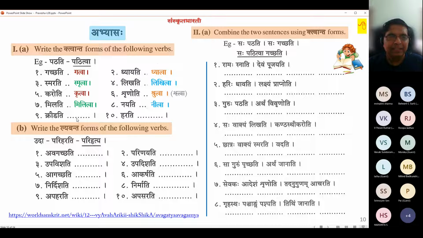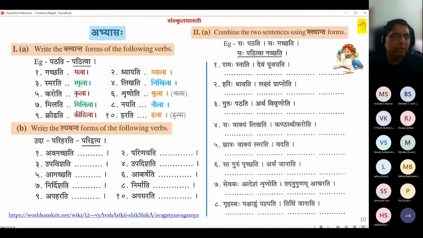Kridati, kriditva, itva again. Harati, hritva, similar to smritva. See, smarati, smritva. Similarly, harati, hritva. R comes. H plus r. So don't make the mistake of h plus repa plus u. Whereas shrutva had repa plus u, hritva has h plus r. We have to remember that it should not be misspelled that way. Pronunciation sounds very close: hritva, hrutva, shrutva, shritva. Very close pronunciation, but the distinction is very high. One r instead of one repa and u. So it's quite different here.